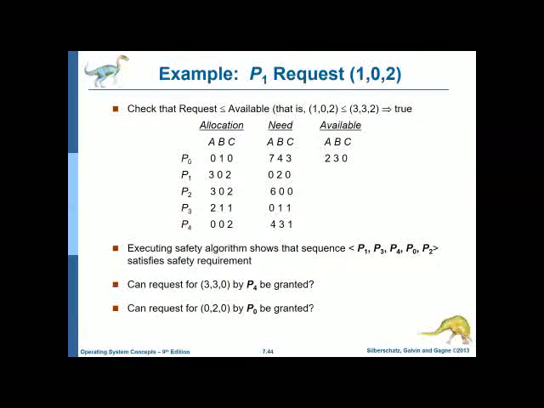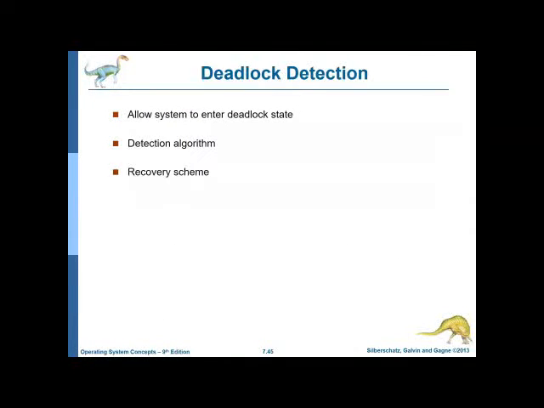And there are cases where some systems do not have the opportunity, or do not have the facility, you can say, to prevent the deadlock or even maybe avoid the deadlock. So in such cases, the first thing they can do is a detection algorithm. That is, they allow the system to enter the deadlock state because they do not know how to prevent or avoid it. The only thing they can do is allow the deadlock to occur.